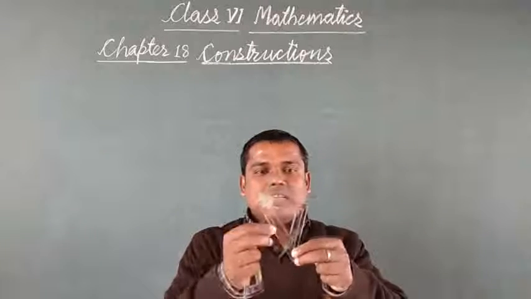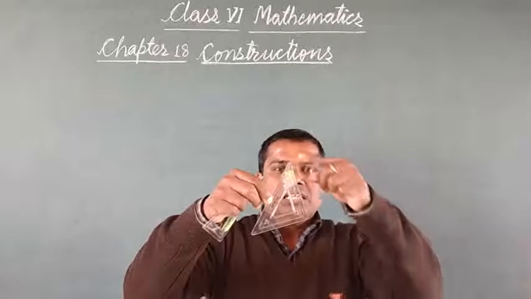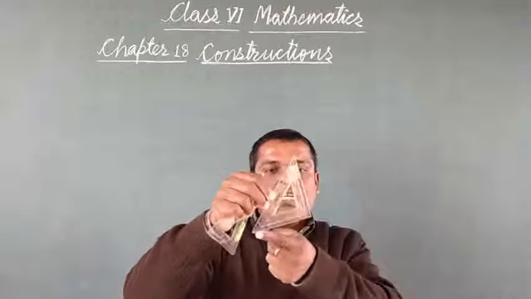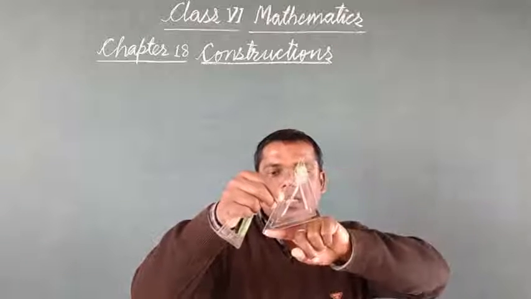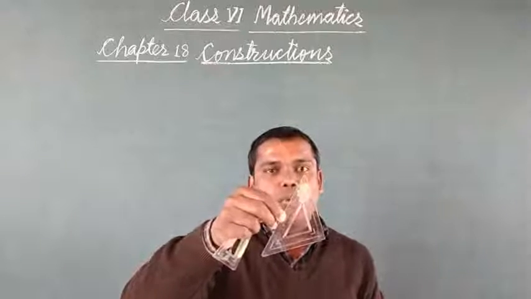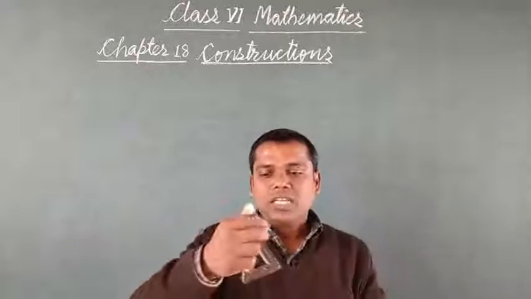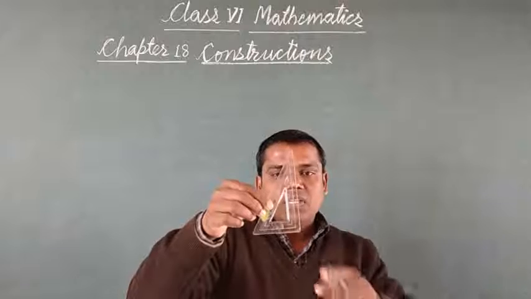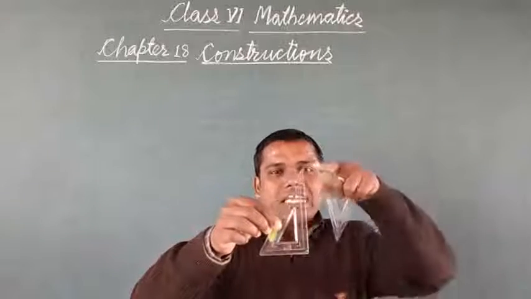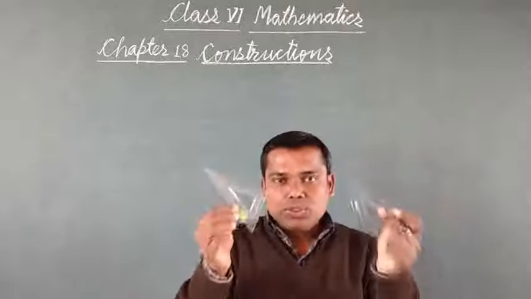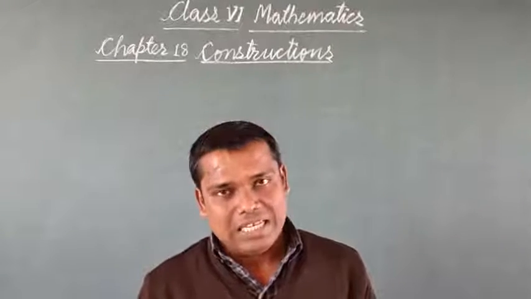This triangle you are observing is an isosceles triangle. This side and this side of the triangle have equal length. So the angles here and here are both 45 degrees, and here the angle is 90 degrees. In this one, this angle is 90 degrees, this is 60 degrees and this is 30 degrees. With the use of these two set squares, we draw perpendicular lines and parallel lines.